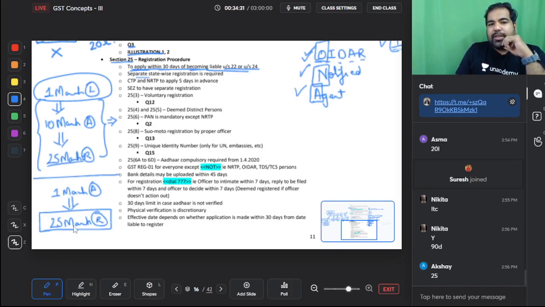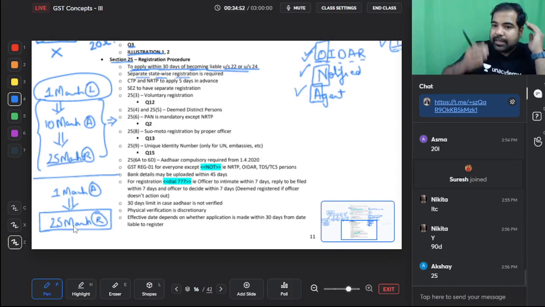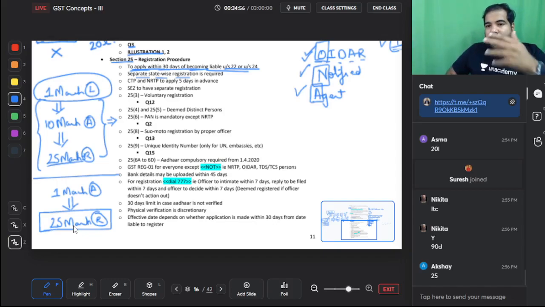In GST, we require state-wise registration, guys. Every state needs a different registration. In the same state also, it's optional: if you want, you can take separate registration. So if there is an electric bike company in Maharashtra, and in Maharashtra there is Mumbai and also Pune, you can be under the same registration or you can take different registrations. But if in the same state you take different registrations, then each place has to be a different registration. If in Maharashtra I have 3 places, then all 3 either have to be together or all have to be individual.